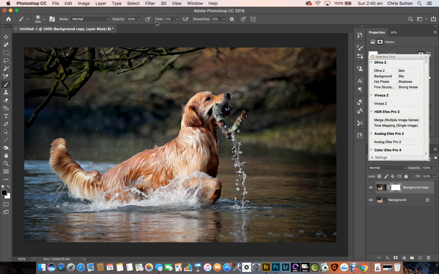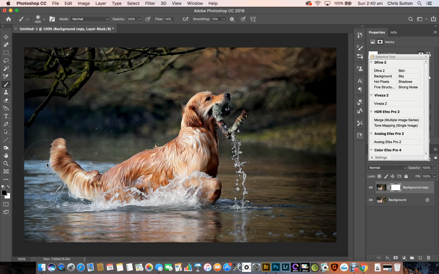Opacity set to 100, and I'm going to reduce the flow. I did this earlier at about 16 to 17%. You can do. The idea of that is to feather the edge of it really, so that you don't see any sharp cut-off points. And all I'm going to do, make sure to the left here on your colour palette, is that the black and white squares, that the black one is on top. I'm going to paint away the vignetting in this corner